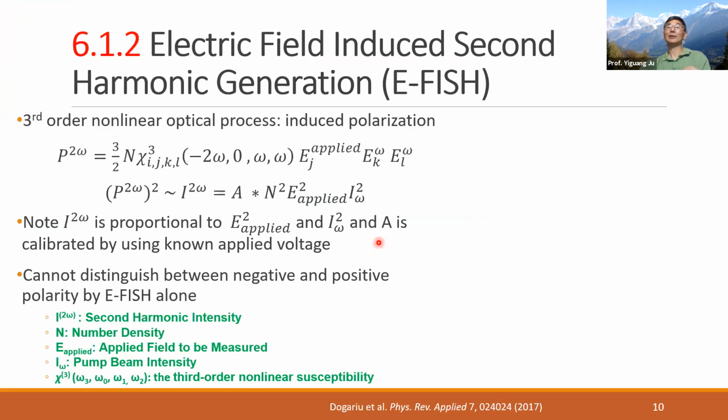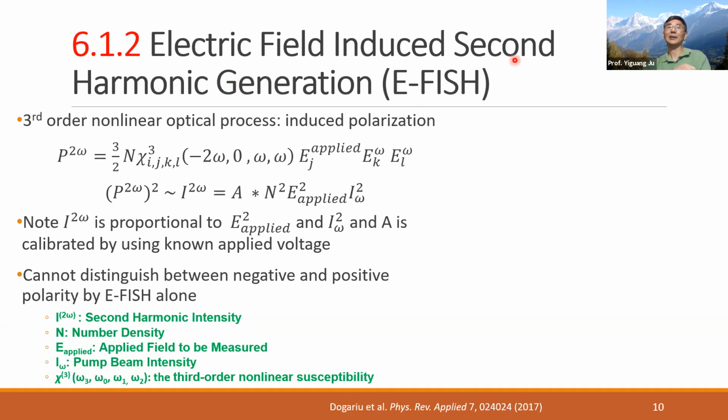So the next thing we try to show you is how to measure electric field. We now know how to measure electron number density and temperature using Thomson scattering. And the next thing is the electric field. So we have to measure electric field. Otherwise, we don't know the plasma chemistry. And to measure electric field, a method was developed at Princeton by Arthur Dogariu in 2017, using